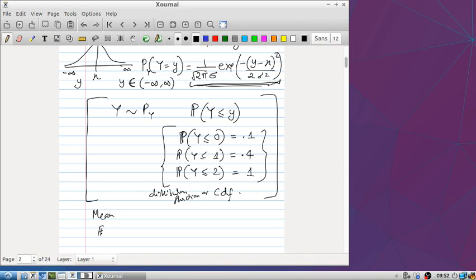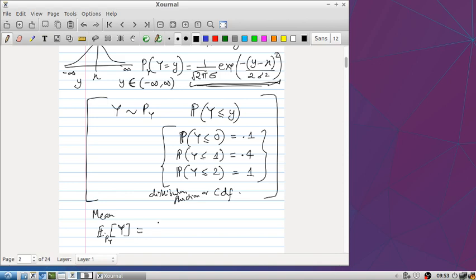So expectation of y with respect to, I'm going to write explicitly the distribution, py. So y is a random variable which is associated with this distribution, this density function. I'm just explicitly writing it. Sometimes you can omit the subscript, because if you're taking an expectation of a random variable, then you're basically